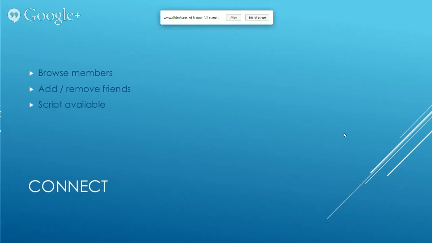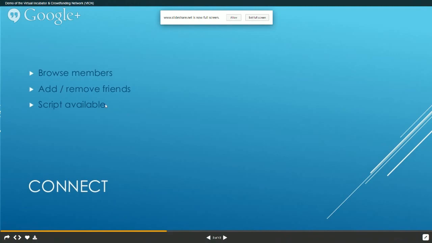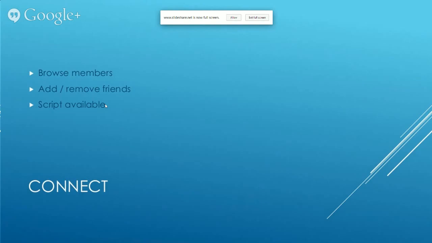The Connect tab within the incubator allows you to actually connect directly with each of our members. As of the current date, which is the 5th of March, we have over 700 members, and that grows daily. So we highly recommend that you actually browse the members and add each other as friends and actually communicate with each other so that you can collaborate on your projects. And luckily, there is a script available. So if you're a new member and you feel inundated with having to go through 70 pages of members to add them, I can run a quick script for you and automatically have you go through and add those members. So if you are interested in connecting with a lot of members, I can run a script for you.